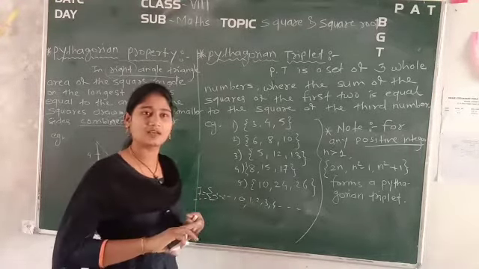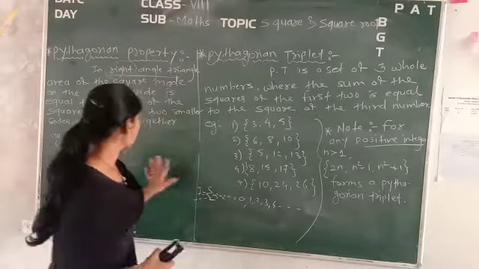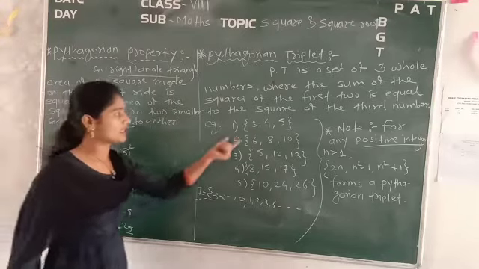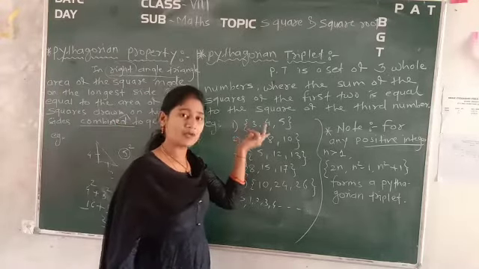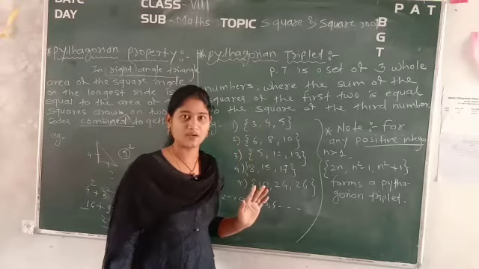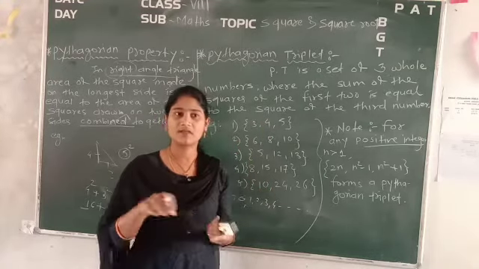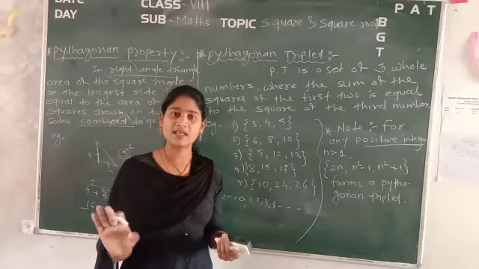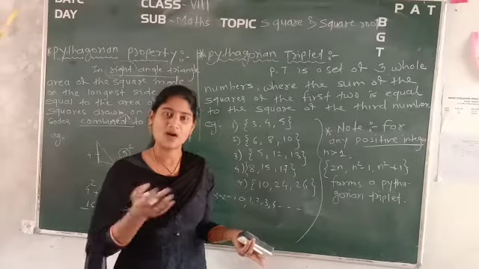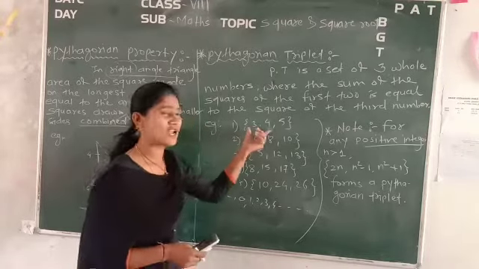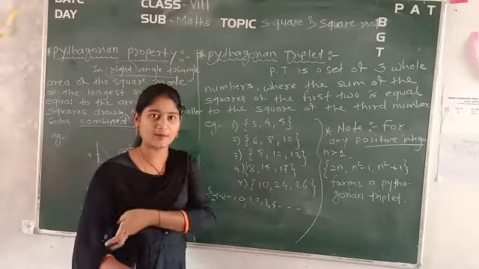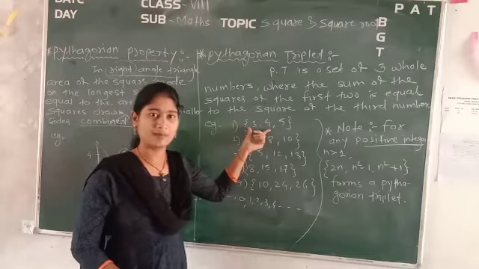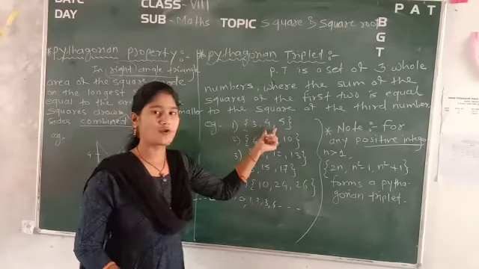Now, a very important thing: we have just found the Pythagorean triplet 3, 4, 5. It is nothing but the Pythagorean triplet, and it is the most trivial and the smallest Pythagorean triplet. You know that 2 is the smallest prime number, and it is the only even prime number. Apart from 2 we don't have any even prime number. All are odd. Like that, if someone asks you which is the smallest Pythagorean triplet, you have to reply the set is 3, 4, 5.